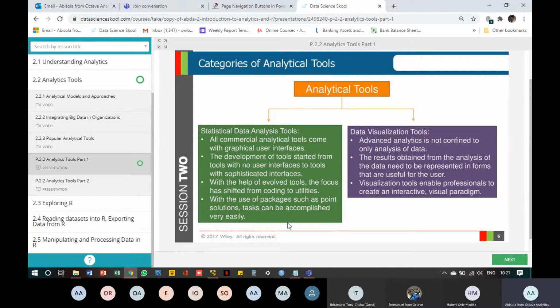So we also have point solutions. There are new packages that have come with point solutions, and point solutions is basically using software packages to address a particular type of problem. So for example, I could develop a fraud application that specifically helps me to detect fraud. With that, I have less time spent on extraction of data because it already knows what data to extract. I've already assigned a particular kind of data to it.